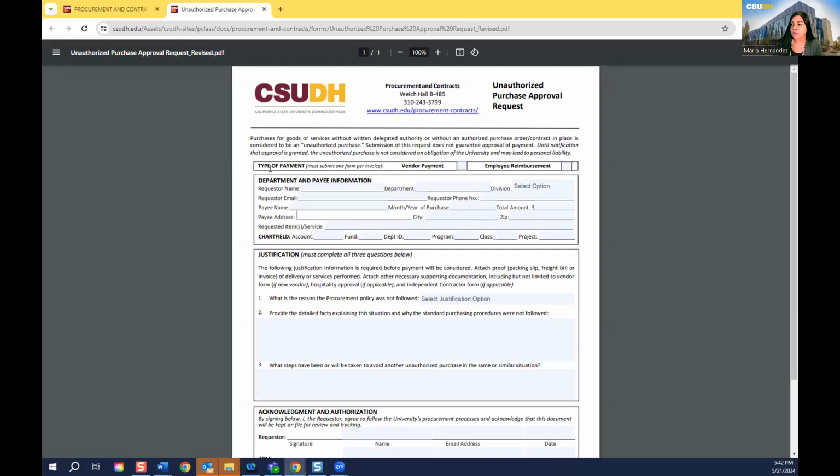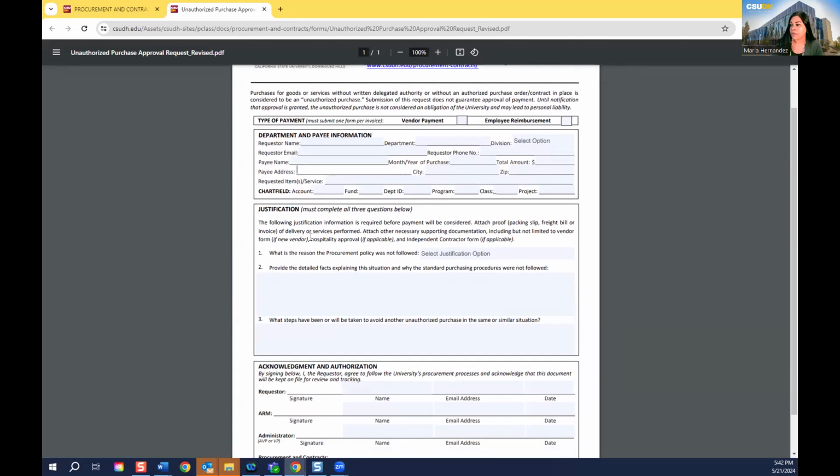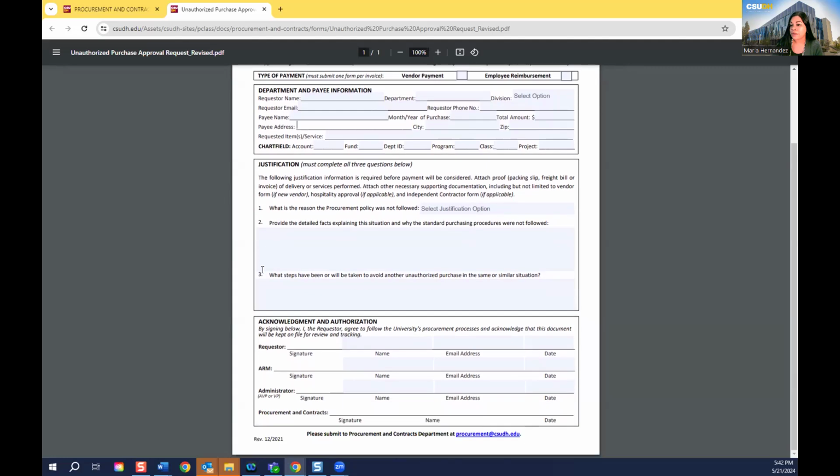Before we go through our example in ServiceNow, I want to share with you the actual form on our website, which will be removed. The ServiceNow application is going to follow the same structure as the current form. It will ask you the same questions, and it will also ask you to select your division arm, fiscal officer, and your administrator, who will be an AVP or VP position.